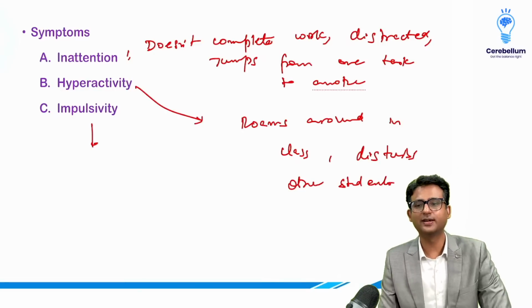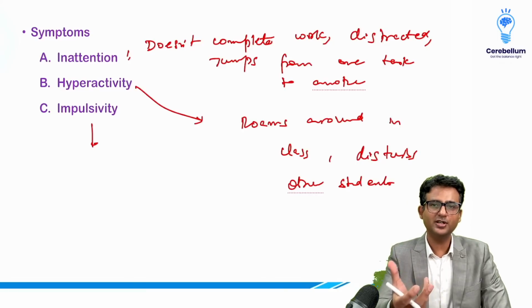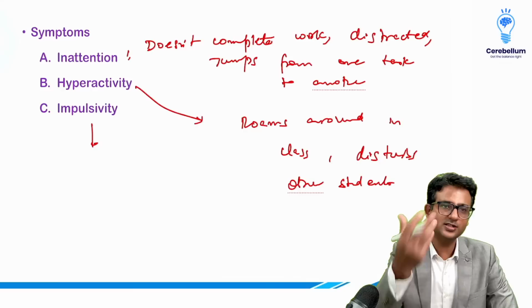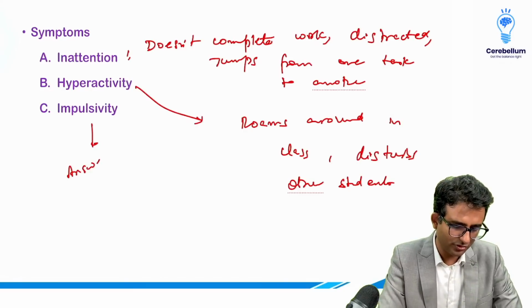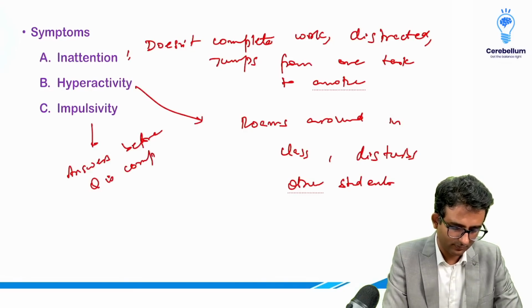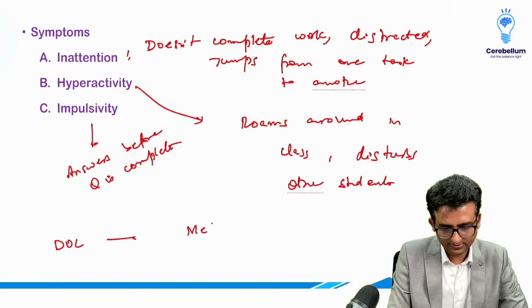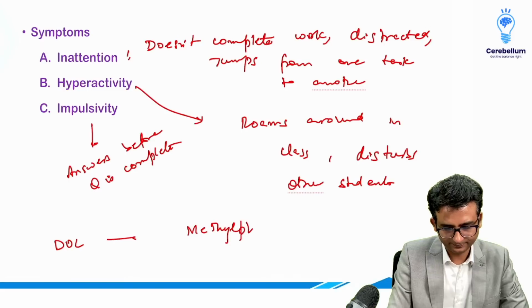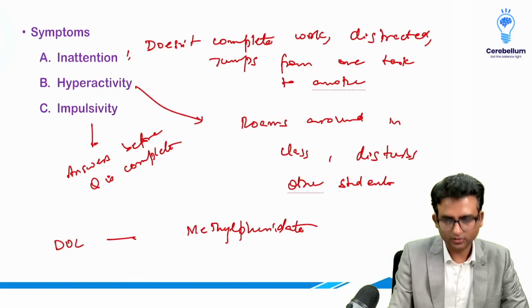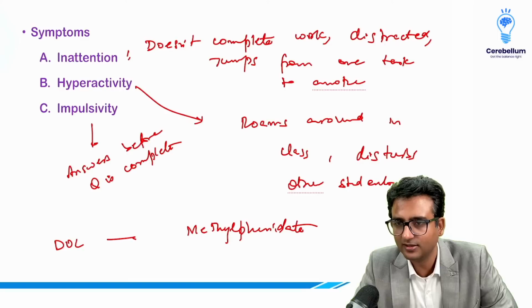Impulsivity, cannot wait. You start asking a question, and even before you can complete the question, he answers. Answers before the question is complete. What is the drug of choice for ADHD? Methylphenidate. The drug of choice for ADHD is